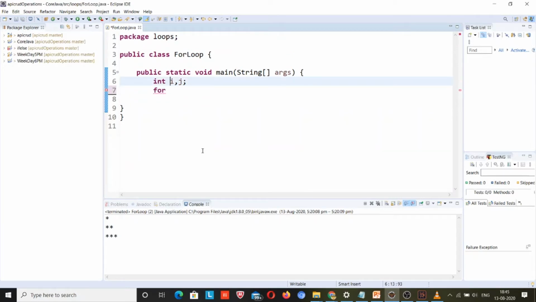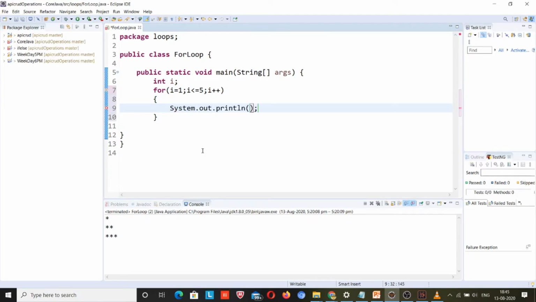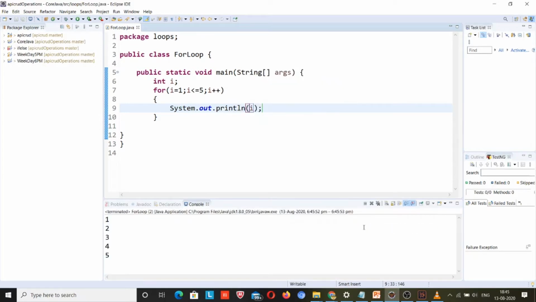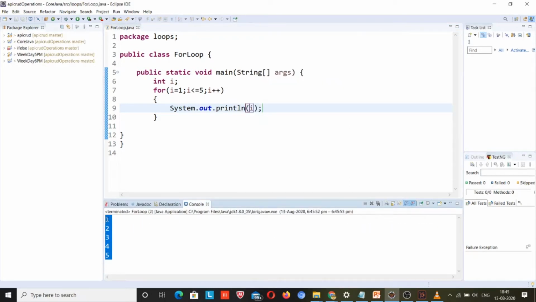For I is equal to 1, this is the initialization; I is less than or equal to 5; I plus plus; sys out I. I will run this code, so it will print 1 2 3 4 5. Right, so this way it got printed.